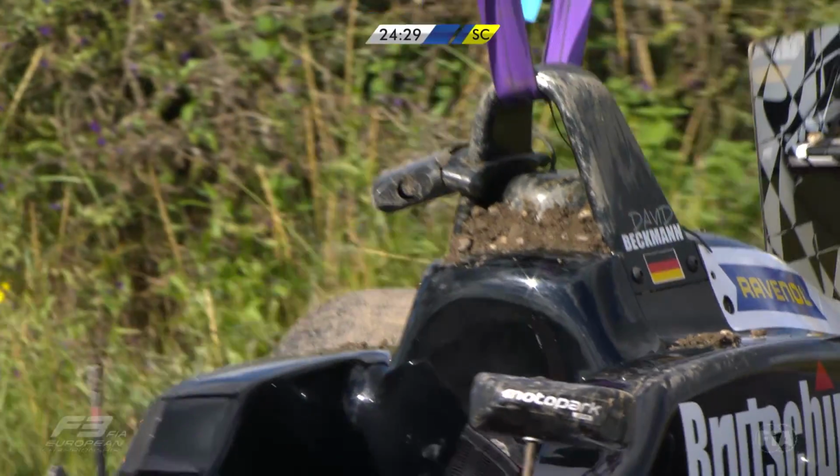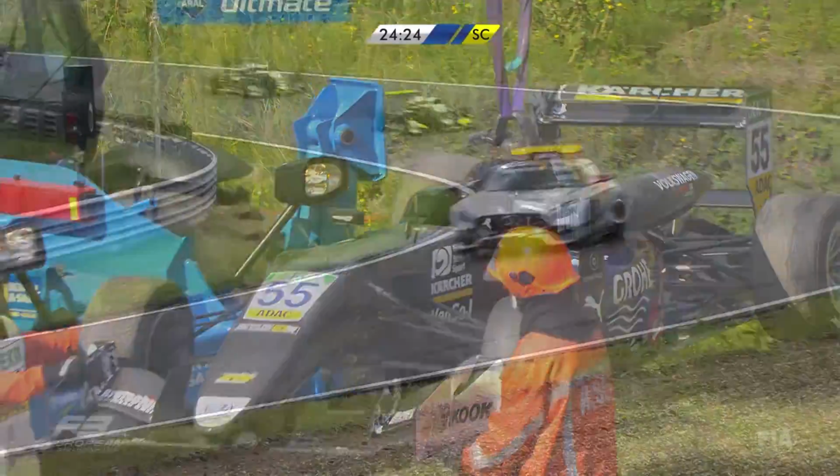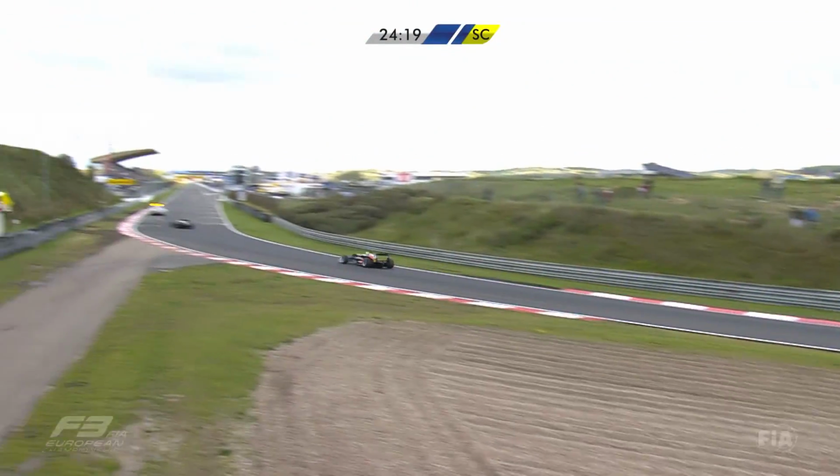And there, an even more graphic shot of the... It really did actually go into the gravel. Dug in, didn't it? Yeah, dug in, but the car looks absolutely fine, doesn't it? Sorry, back to Joel Eriksson. I just wonder whether it's...